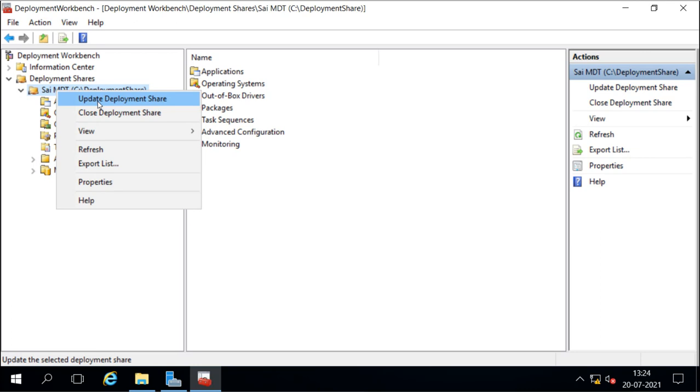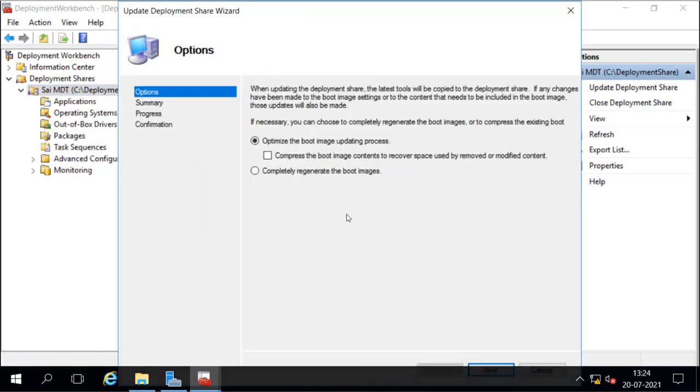Updating the deployment share opens this wizard. It says it will optimize the boot image updating process. You can update the boot image, or you can create a fresh one. It can also compress the boot image if it is getting very large. Then you can also select to completely regenerate the boot image.